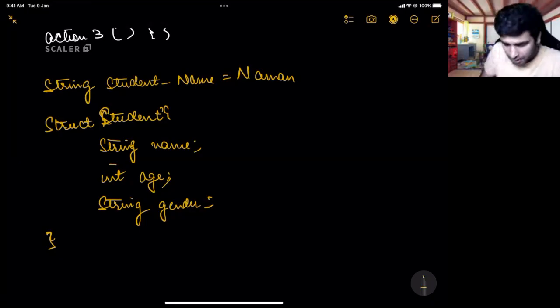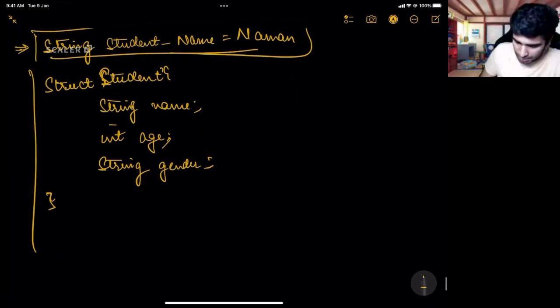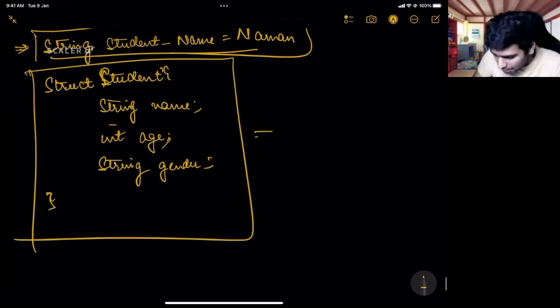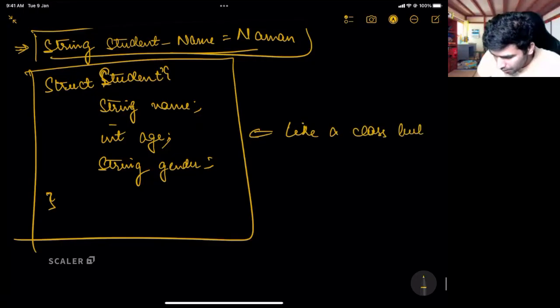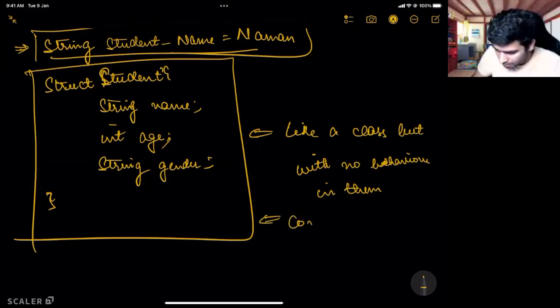Either we represent them as plain attributes, as plain variables of primitive types, or as structs. And what is a struct? A struct is like a class, but with no behavior in them. There are no methods. Okay. It is just like a container. You can consider it to be like a container of different attributes of different types.